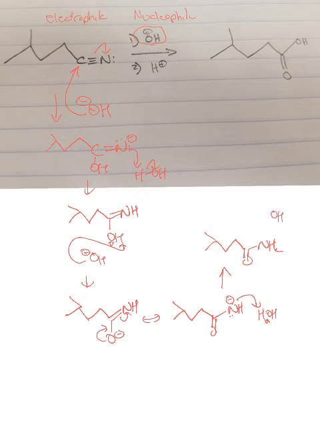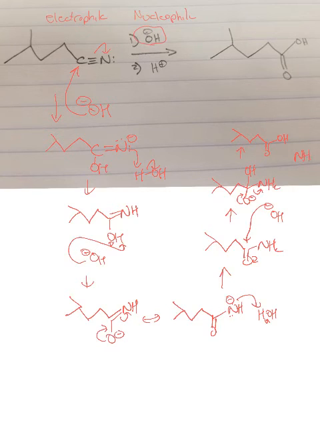and then you can add hydroxide into the amide carbonyl, breaking the carbon-oxygen double bond, sending the electrons up to the oxygen, NH2, OH, and kick out the NH2 to give you the carboxylic acid,